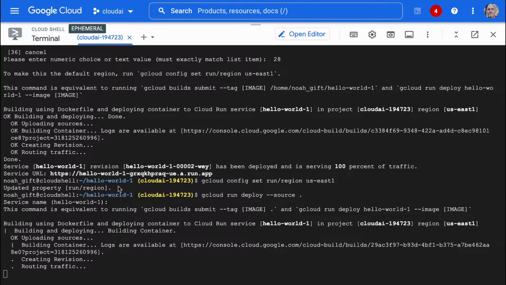All right, fingers crossed here, this will work. I guess you could also look at the logs and see how it's doing in production by looking at the logs as well. Okay, building the container.